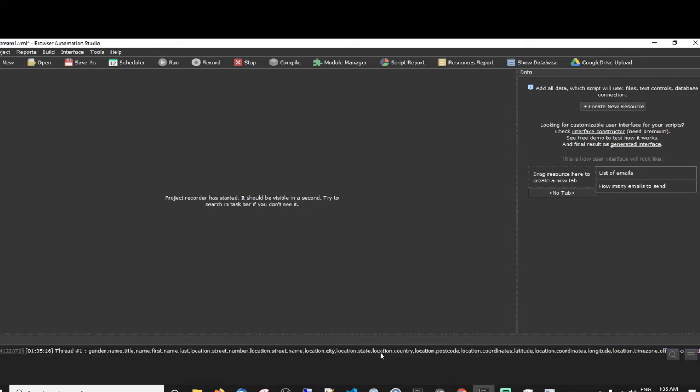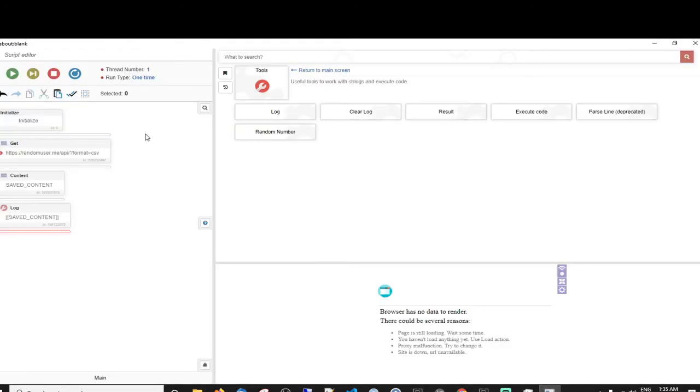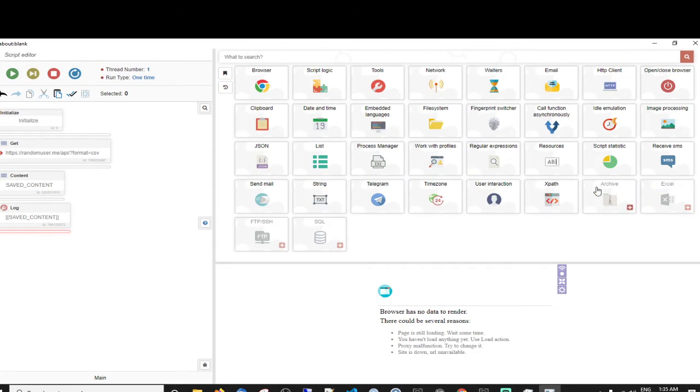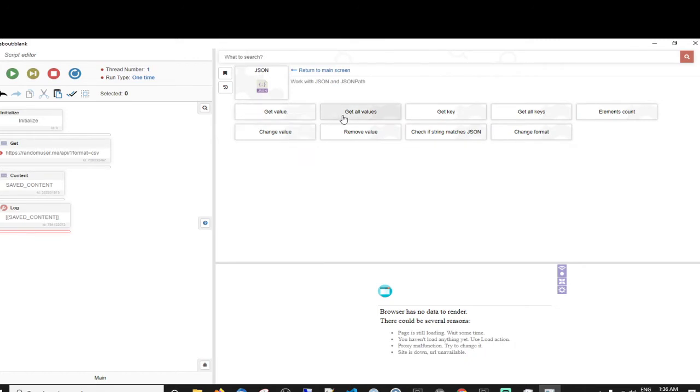You could use a regex, or there's an actual item in the database in Bass now where you can work with CSV data. Also, I could have brought that information back in JSON format, and Bass has a whole section for JSON here, so I could have brought that data back, split it into its values. JSON format is key and value, and then worked with that data. So the answer is yes, you can work with most APIs.